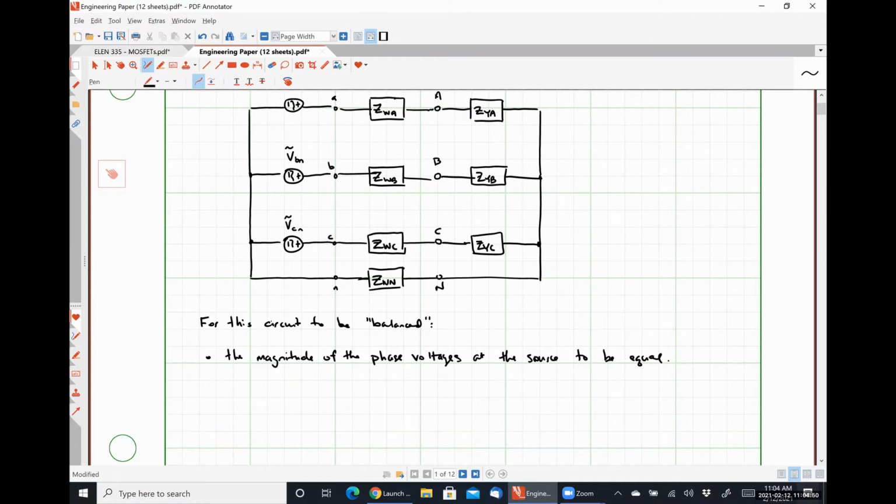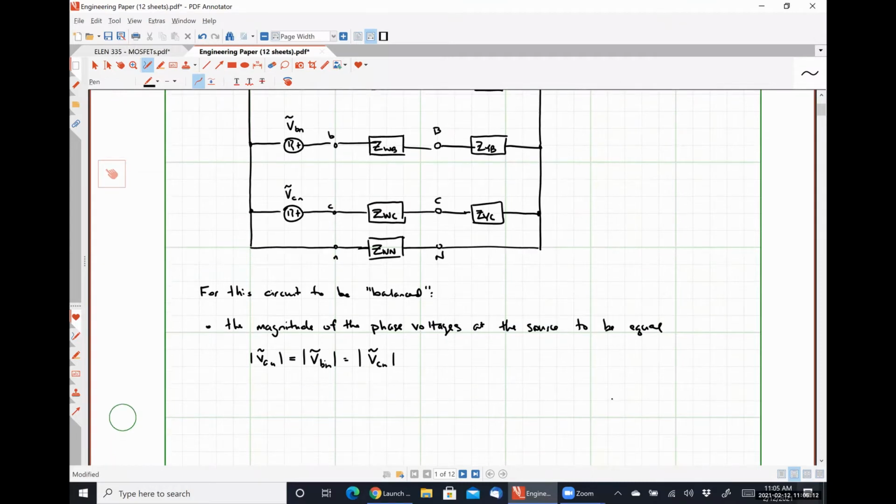Which means the magnitude of VAN is exactly equal to the magnitude of VBN is exactly equal to the magnitude of VCN. We need the phase separation